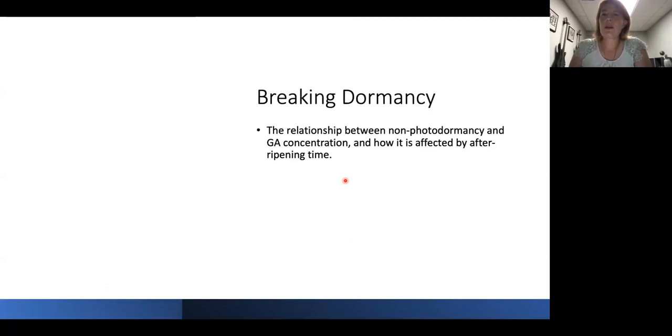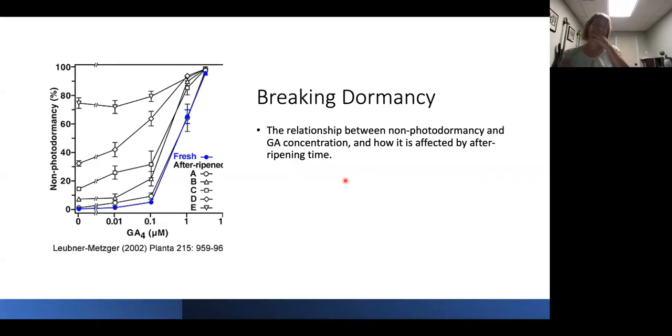Okay, so now we're going to look at specifically how some hormones and age of the embryo can impact whether or not a seed germinates. So this is a graph that is crazy. My students hate it. It's fun times. So non-photodormancy just basically means that the seed has the ability to germinate in the dark. And why they don't say that, I don't know, because we're scientists. We like to use fancy words for things. So what the researchers did here is they basically looked at,